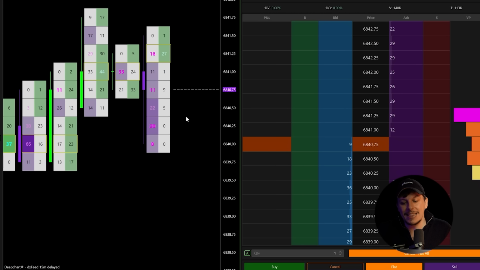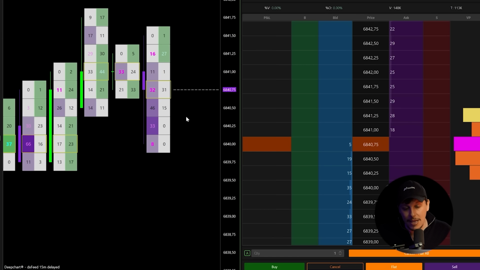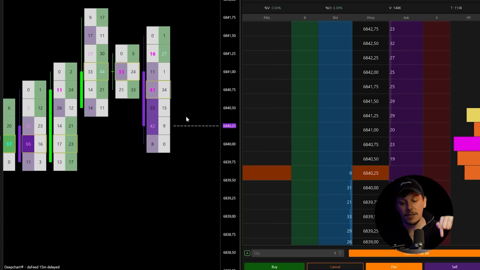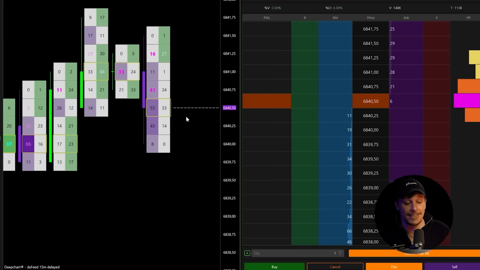You can see that the price level is getting lower. This means that aggressive sellers are executing orders at 6,841, and they are meeting the liquidity on the downside, and they are pushing the passive liquidity down. They are eating levels on the book on the downside, and this is the reason you are watching this interaction